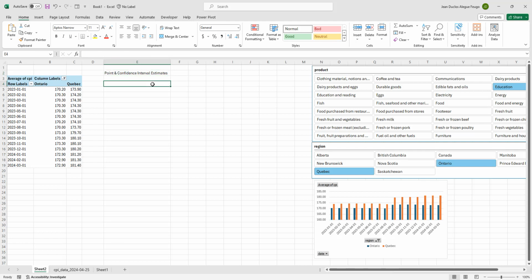And the first thing we want to do, if you look at the instructions, you generally want the average. After the average, you want the standard deviation, and you want the sample size. You want the standard error. Then you want the margin of error. No, you actually want the